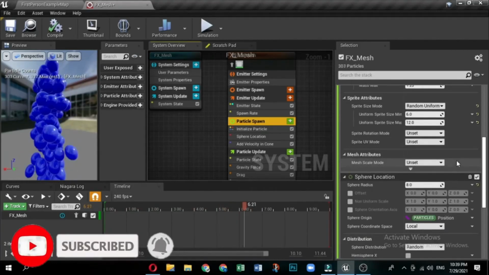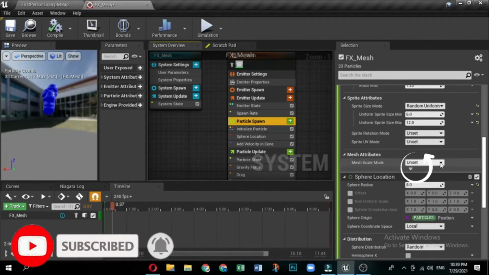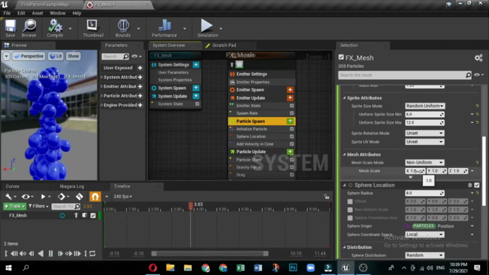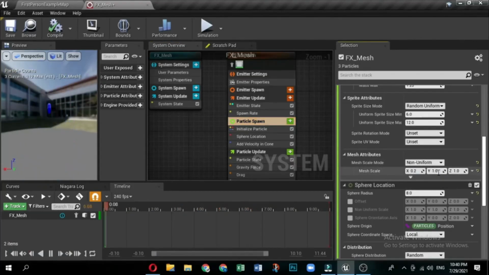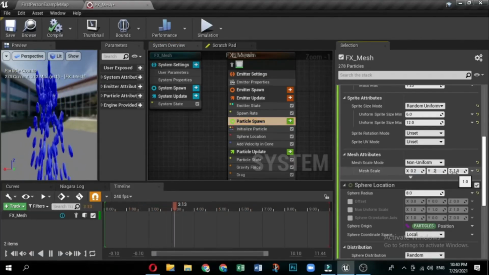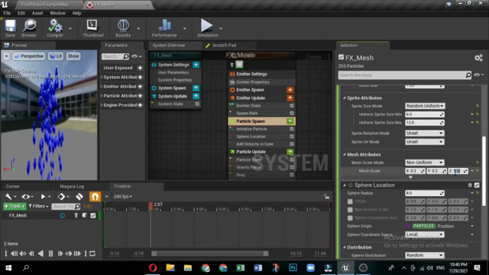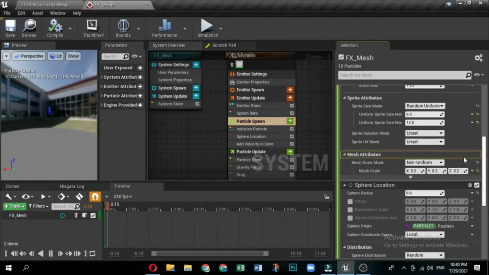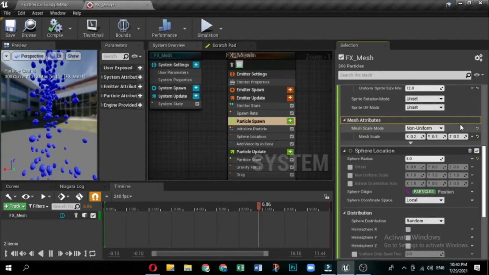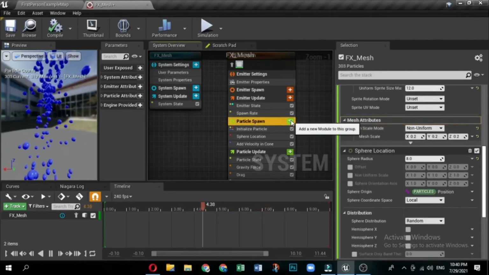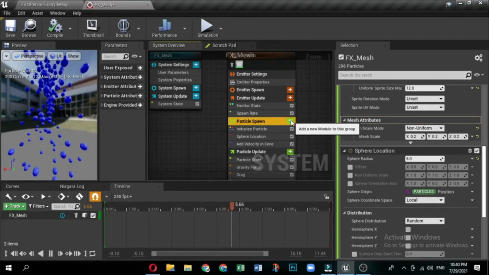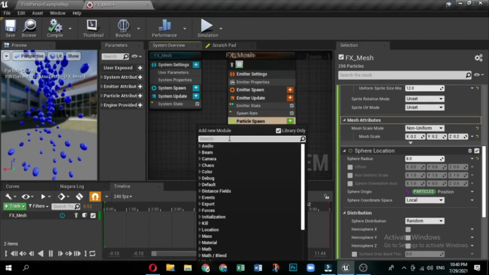The original sphere mesh is pretty large, so it looks better for our effect if we make it significantly smaller. Under mesh attributes, set mesh scale to non-uniform. Set the x, y and z values to 0.2. The add velocity module will give the particles movement as soon as they spawn. Add the add velocity module to the particle spawn section by clicking the plus sign icon and selecting velocity and